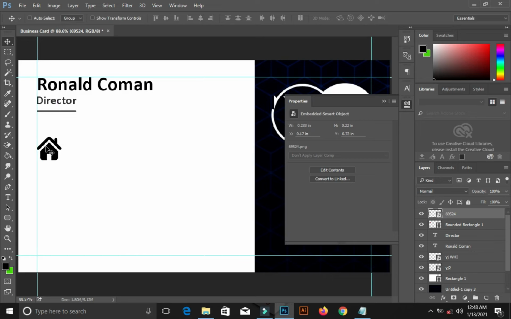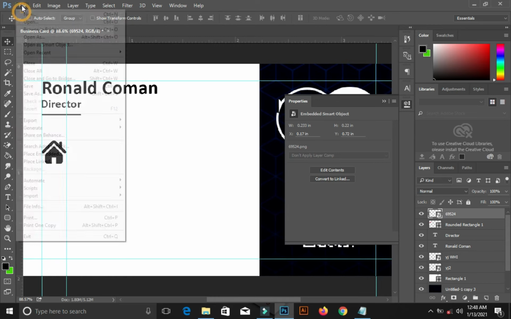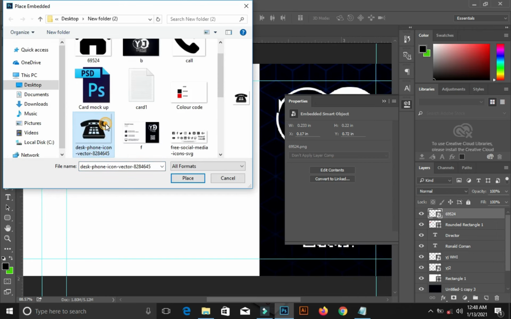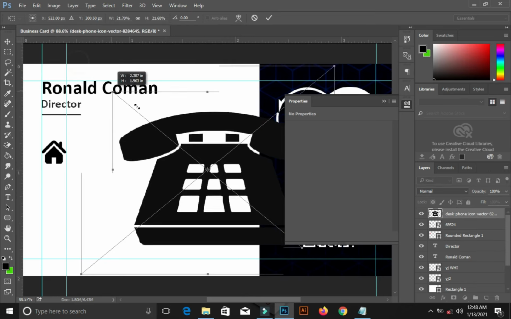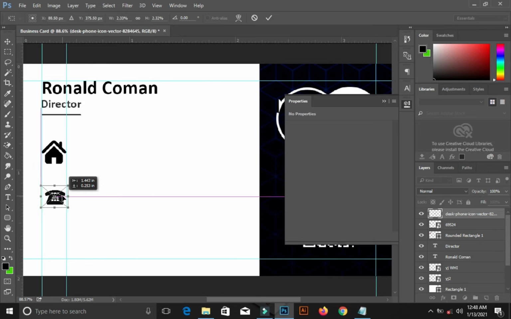Now I can bring in my ruler. The keyboard shortcut to bring in your ruler is Ctrl R. Maybe I want to guide it. I now place my guide this way. The next item on the list, let me bring in my call icon. Okay, let me resize it. Let me drag it into this part. Notice.